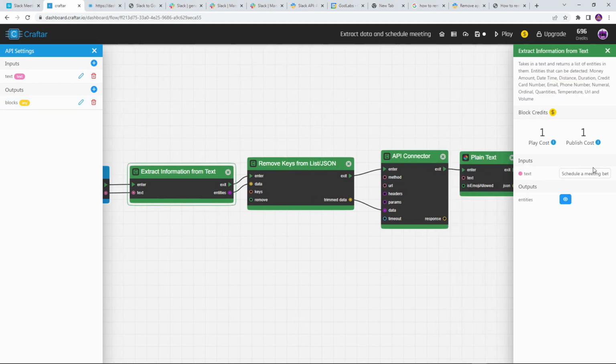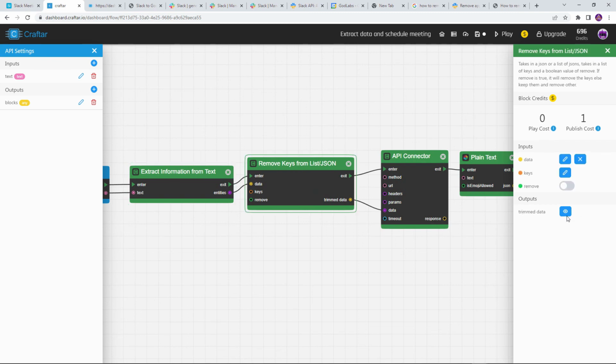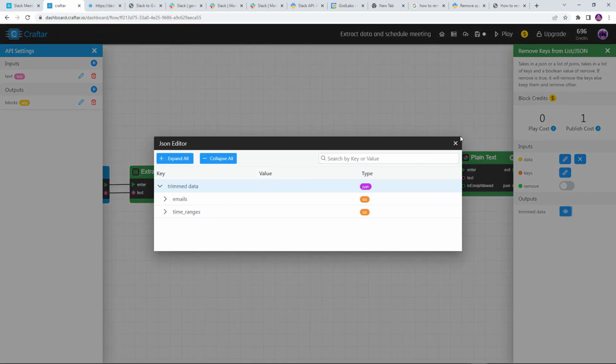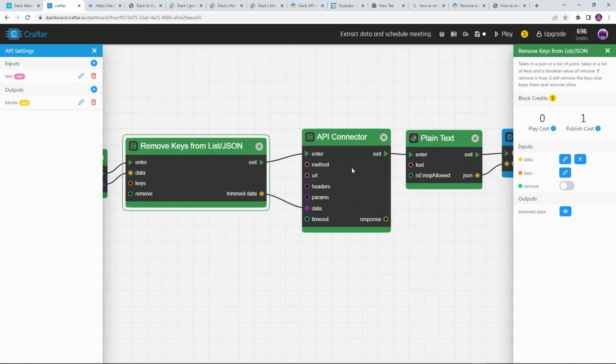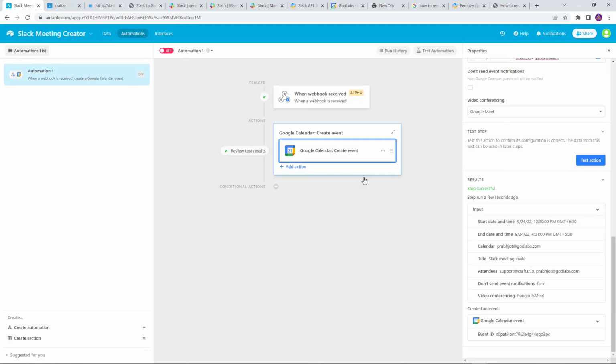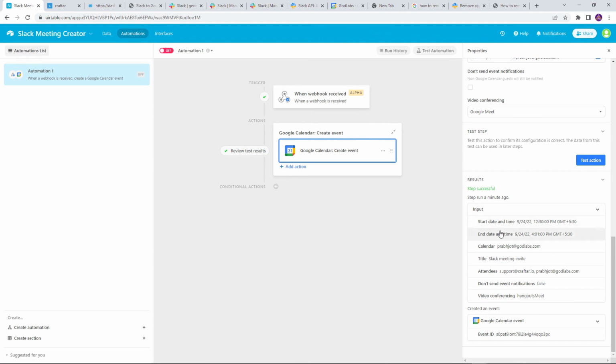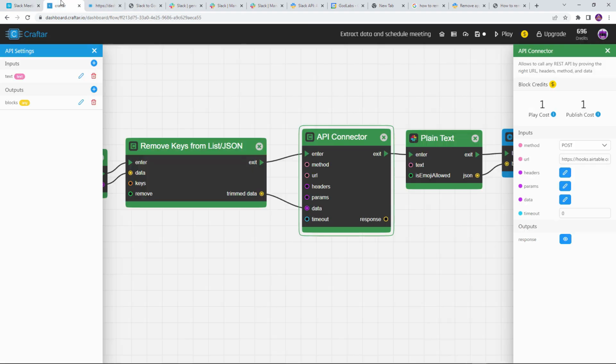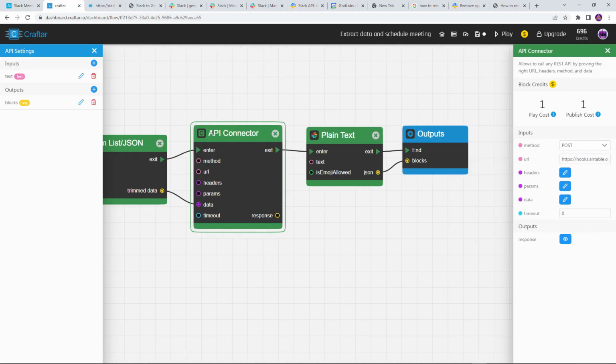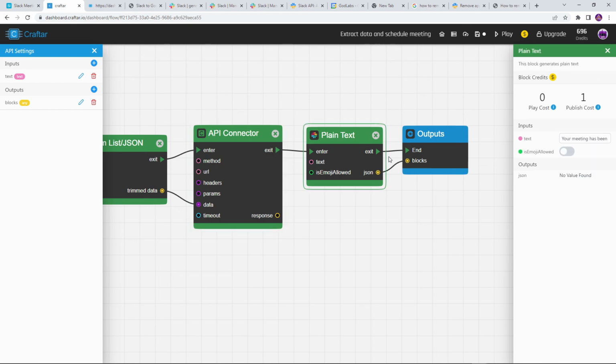With that text, we extract the entities, we clean the entities, and we only extract email and time ranges. We call a webhook on Airtable. Then in Airtable, whenever the webhook is received, we create a Google Calendar event with that data, and when that event is created, we send a message back to Slack saying your meeting has been scheduled. So now let's save and publish